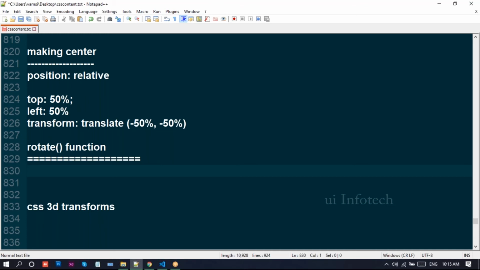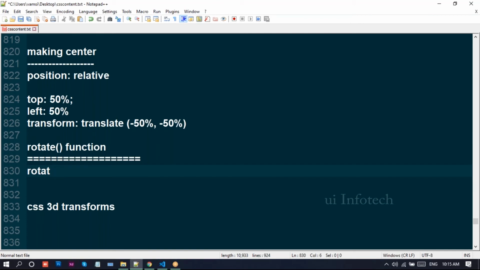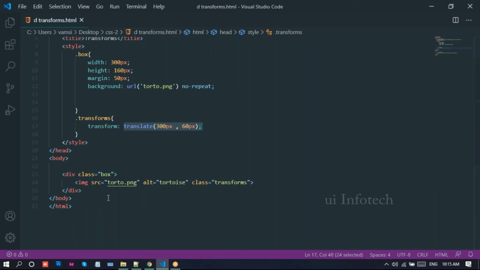Around the origin means from the original position, we can rotate in different ways. We can specify the transform origin here for this rotate position. You can also write rotate. So we can write degrees there, 35 degrees, 45 degrees, 60 degrees, like this.